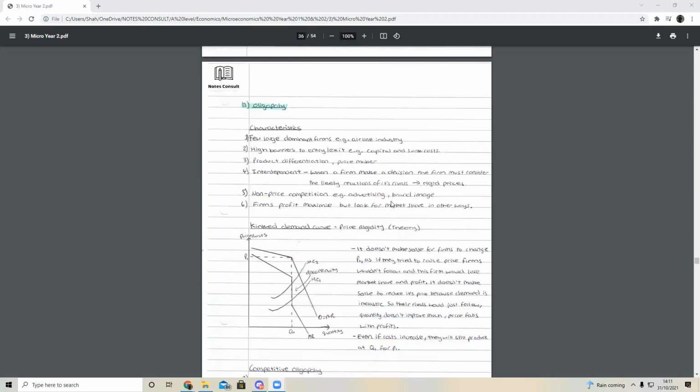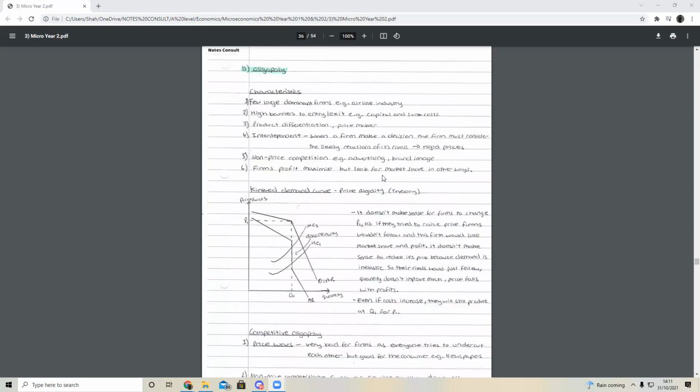Right, oligopoly. How are you with oligopolies? Yeah, I'm alright with oligopoly. All right. Did they teach you game theory on that? Yeah, they did, but I don't know how to apply that in exams and stuff. Oh yeah, okay, I understand. I've got essays on it that I can send you guys.